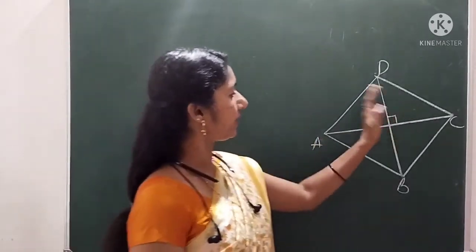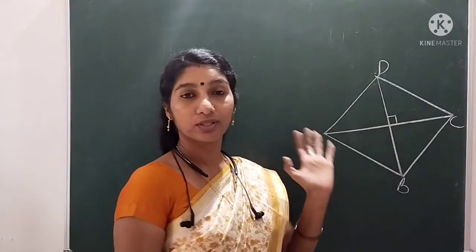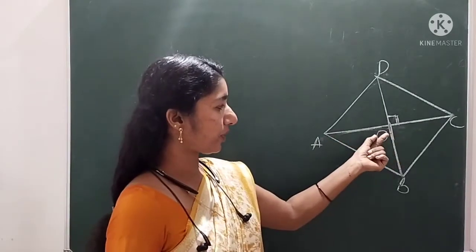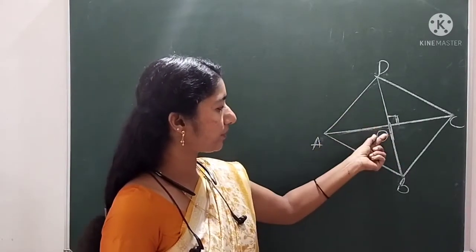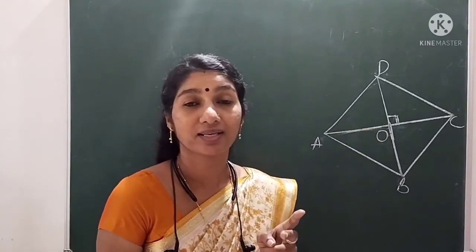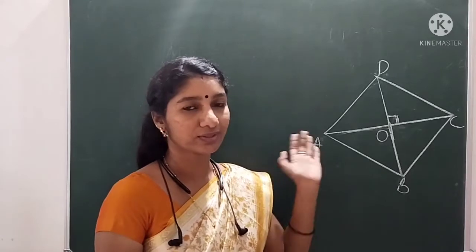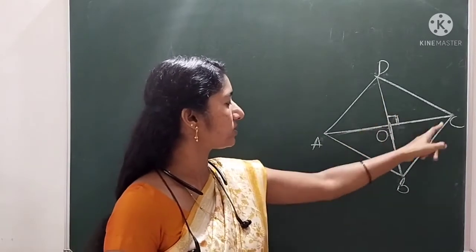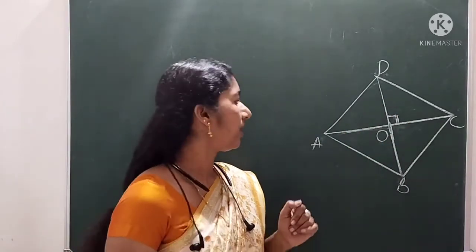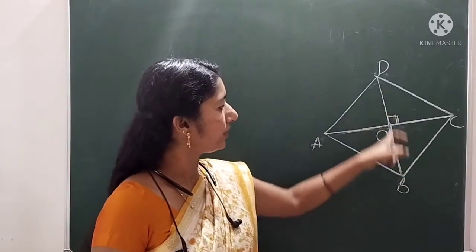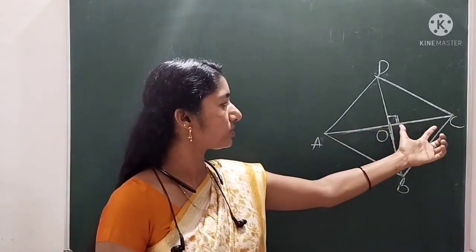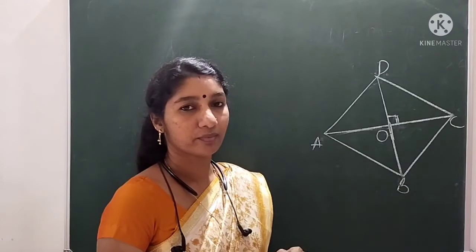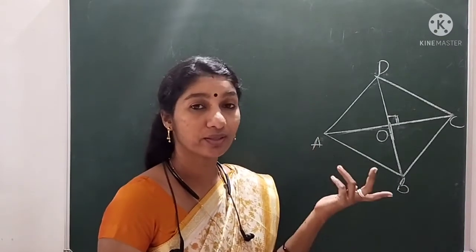So it's given AC and BD are equal and they are perpendicular to each other. Mark this point as O. And now what is given? AC's midpoint is O and BD's midpoint is O because it is given that the two diagonals bisect each other. So O will be the midpoint of both the diagonals. And also angle AOB is 90 degrees, or DOC is 90 degrees, that is also given. They are perpendicular to each other. And also AC is equal to BD. So we can write AO is equal to CO, AO is equal to BO, AO is equal to DO. All line segments are equal now, because they are equal, bisect each other and are also perpendicular.